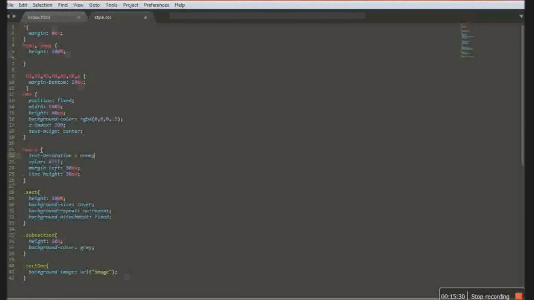So images slash img1 dot jpg. Don't forget to put the image type. This is .jpg. So let's copy all.